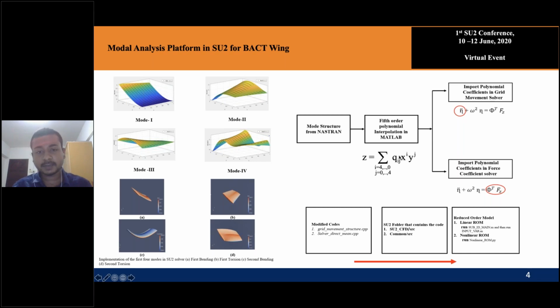And then you have to convey these coefficients to the SU2 solver, which deals with the grid movement, as well as the solver which actually deals with the force coefficients. So two important C++ files I have modified: one is grid_movement_structure.cpp and the other is solver_direct_mean.cpp. grid_movement_structure.cpp resides inside the SU2_CFD SRC, in the common SRC, and solver_direct_mean.cpp resides in the SU2_CFD SRC folder. So I will tell in detail how to